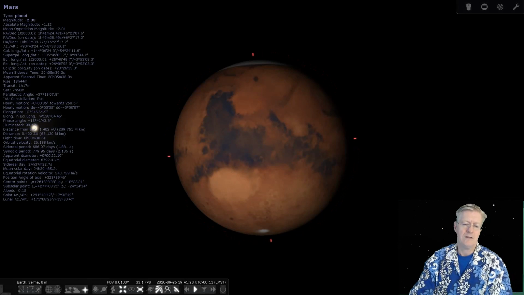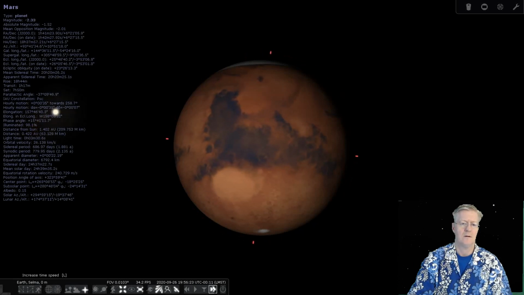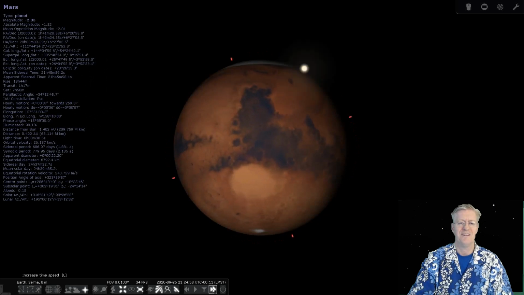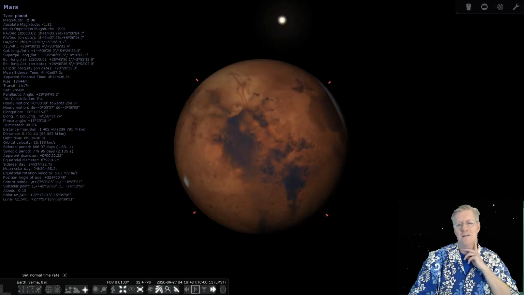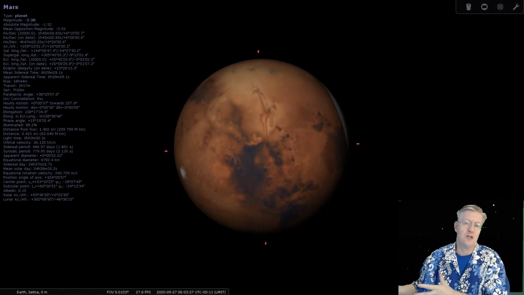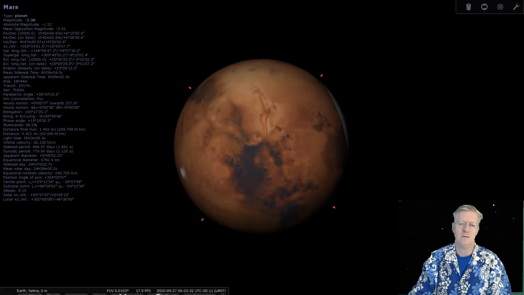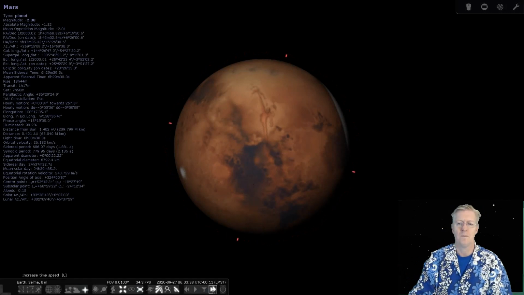Okay, now these other tools, we can speed up time. The day on Mars is about 24 hours, 47 minutes or so. So let me just see if I can speed up time and keep it in my lens viewfinder. There we go. Look at this. Okay, I'm going to pause it when I get to a place here. Okay, this feature that you see, the surface feature on Mars, that's Valles Marineris, the largest canyon in the solar system.